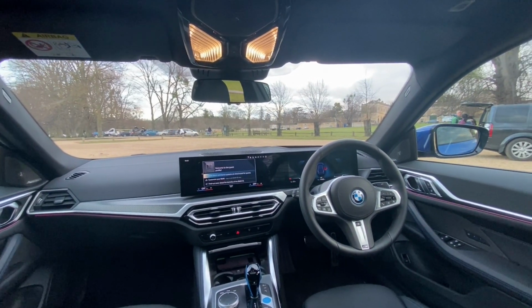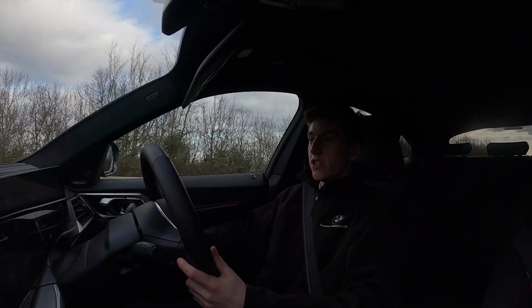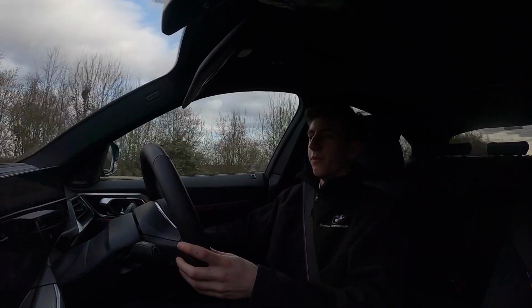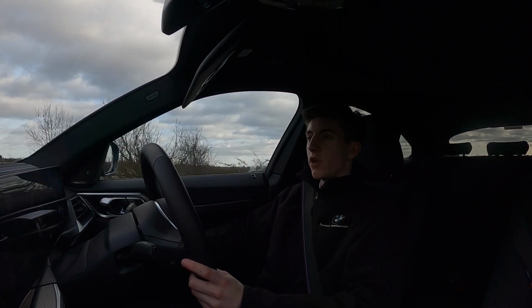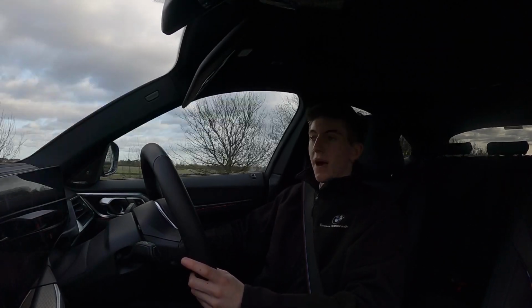The sensor in the front of the car will calculate what's in front of you and how far away it is, and when you're potentially going to have to stop, and it will adjust the amount of regenerative braking it gives you according to your driving situation. BMW say that up to 90% of the time you can drive solely using your regenerative braking, meaning that you don't actually use your brake pedal as much, but when you do slow down, you're regenerating energy back to use